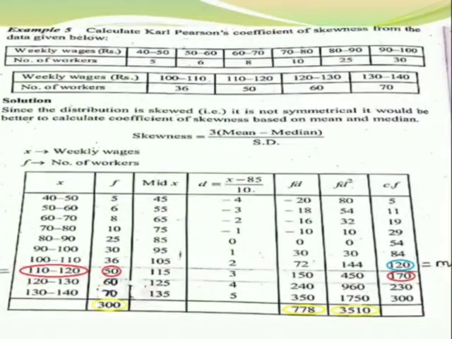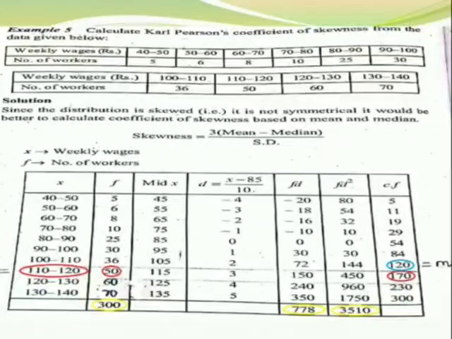But in this data, our mode value, the highest frequency value, is 70, which is given in the last class. There our F1 is 70 and F0 is 60, but we don't have the F2 value. So we are omitting the mode value for finding skewness. Here we are going to use the formula for skewness, which is 3 of mean minus median divided by standard deviation, because our mode value is in the last class, which doesn't have an F2 value.